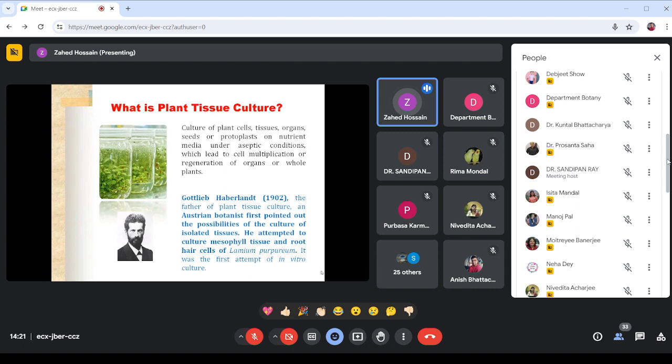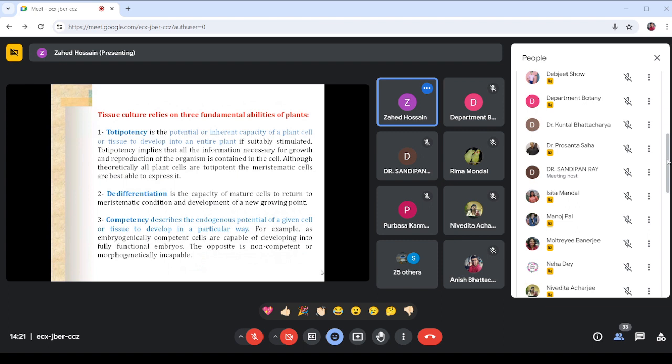So that's why he is coined as the father of modern plant tissue culture. Plant tissue culture basically relies on three fundamental abilities of the plant cell. The first one is totipotency, the second is dedifferentiation, and the third is competency. Totipotency is the inherent capacity of a plant cell or tissue to develop into an entire plant. Only plant cells have this potential, if stimulated in a certain way,